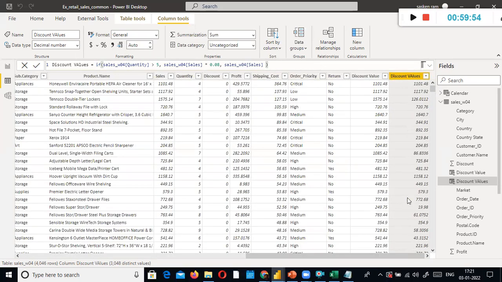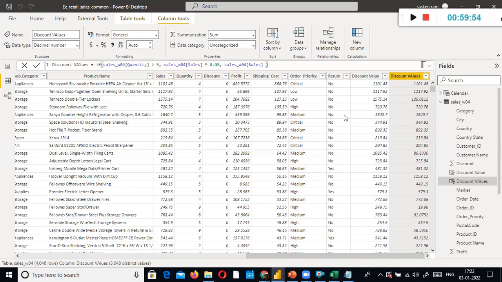See, now a new column got created. Those people who purchased more than 5 are eligible. So this guy purchased 7, yes, more than 5, so he is eligible for the 8% discount. This guy purchased only 5, and 5 is not greater than 5, hence not eligible for discount. But this guy has purchased more than 7, hence he is eligible for an 86 rupee discount. So you practice this one also, okay?